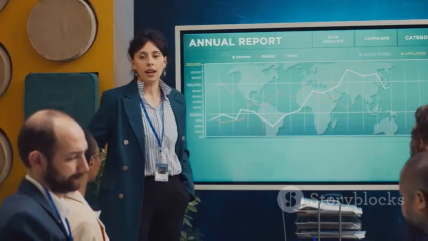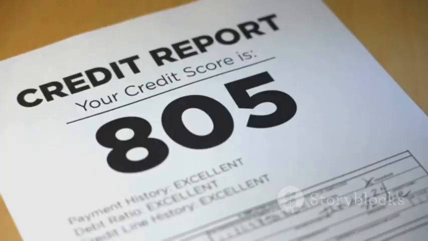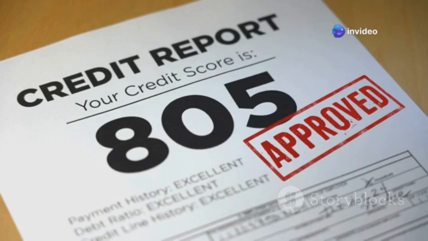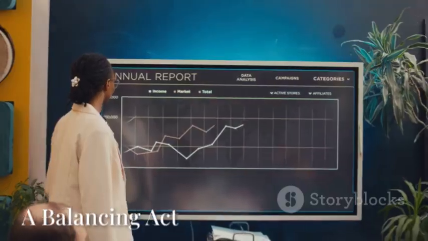In addition to the type of debt, several other factors can influence a company's cost of debt. These include the company's creditworthiness, prevailing interest rates in the market, and the term of the debt. Companies with strong credit ratings typically enjoy lower borrowing costs, while riskier borrowers may face higher interest rates.